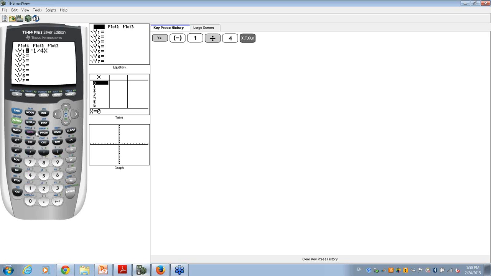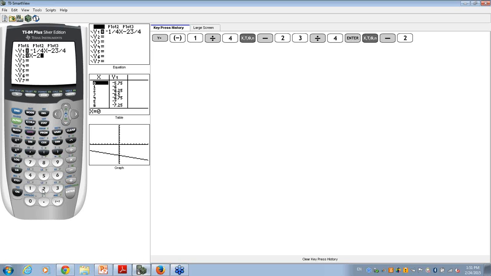I'm going to start with the first one, and that one was negative 1 over 4x, minus 23 over, and you can use the division sign as the fraction bar, over 4. This was my first equation. I can either hit enter or the down arrow to get to the y2. And now I'm going to type in my second equation, which is x